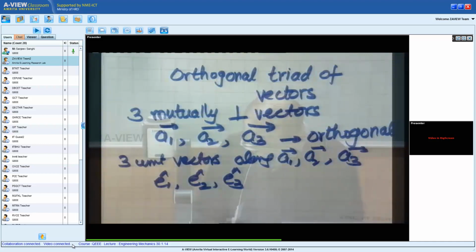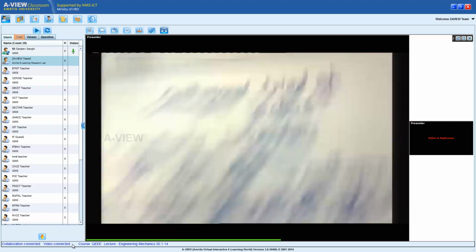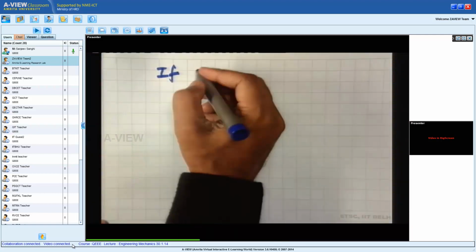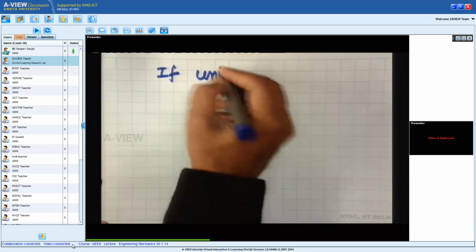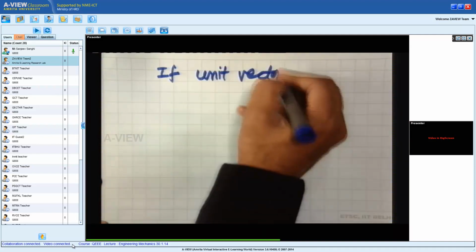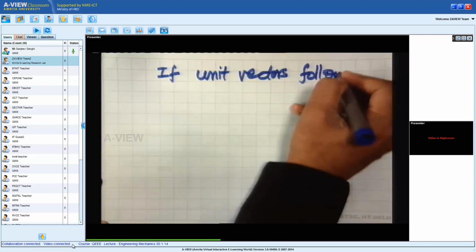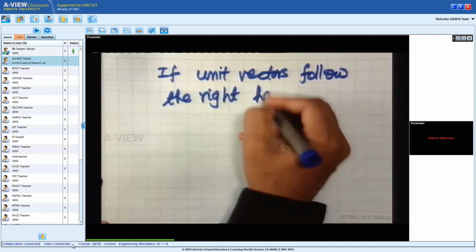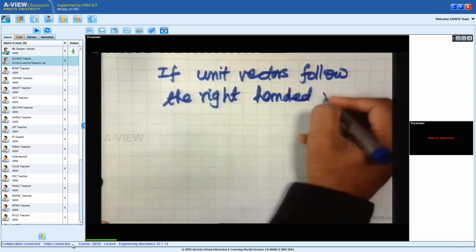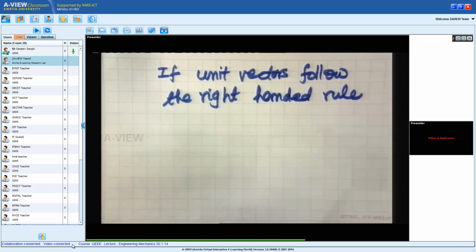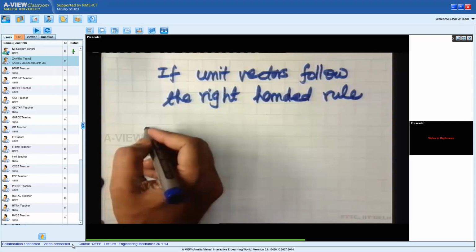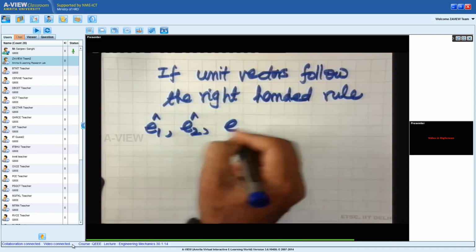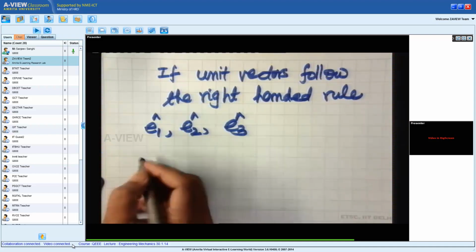Now what we say is, if the unit vectors follow the right-handed rule. What do we mean by right-handed rule? That if we put them in order, we have 3 unit vectors now, E1, E2, E3. Now, if I take